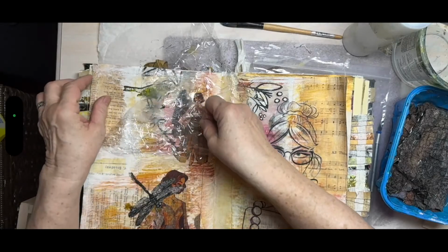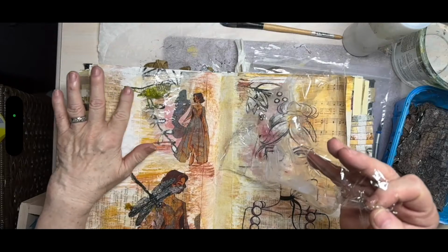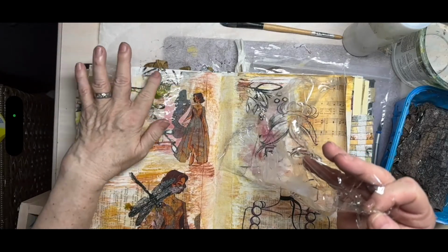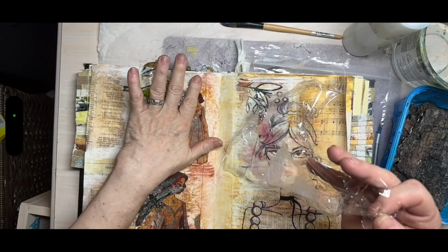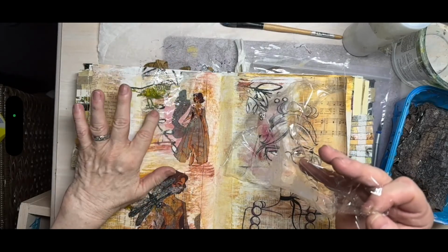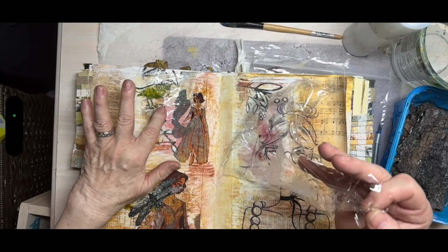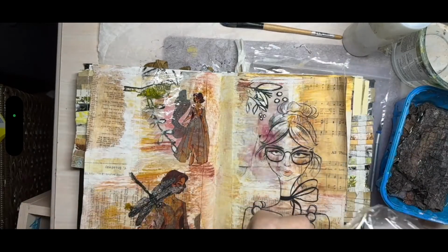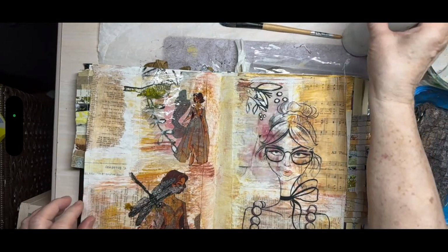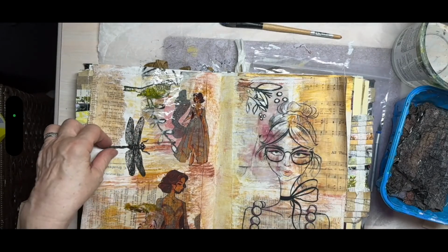Okay, so I could probably take that off. I might do a little bit of fingers, just because I might have a little too much goop, but I'd rather have too much medium than not enough. Okay, and then we're going to do the butter. So do I want...